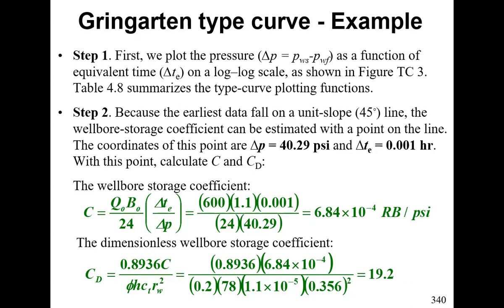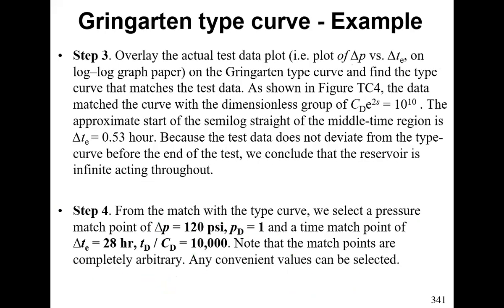Now, here, the coordinates are given for the change in pressure, 40.29 psi, and the equivalent time, 0.001 hours. So the point is, how did we get this? So let me